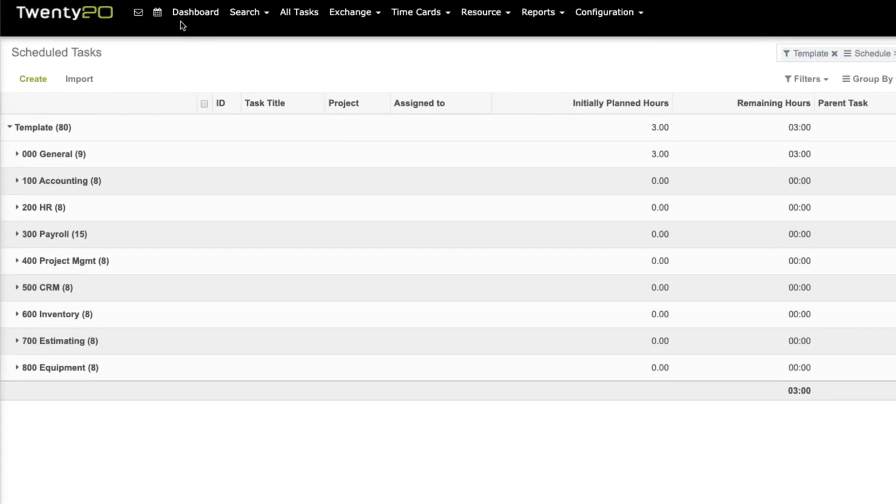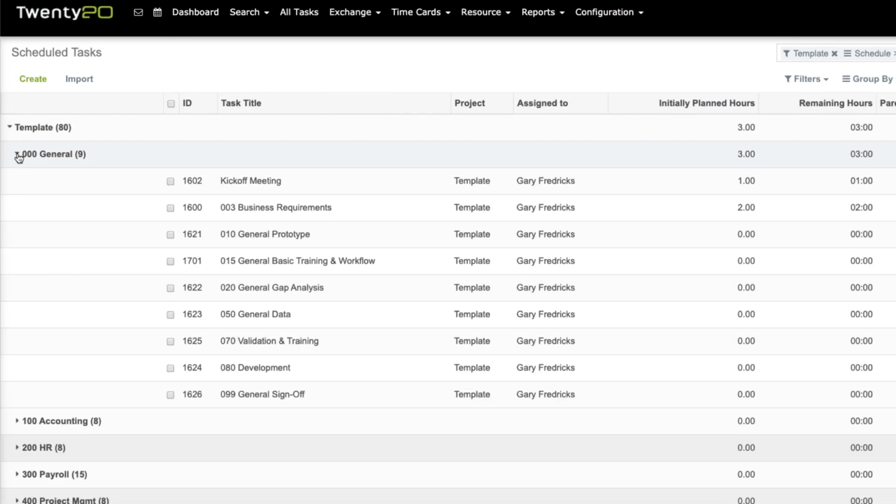So every project obviously is going to start with some general tasks. And you'll notice here that each one of these groupings, general, accounting, they all have the standard tasks associated with them. We treat each application as if it were its own little mini implementation. So if we were to look at one of these, let's get a little bit more specific and look at